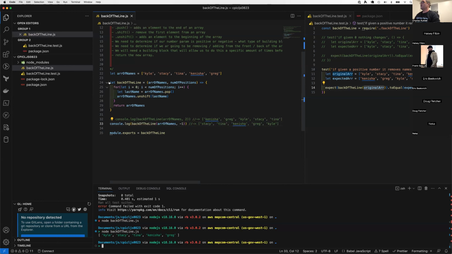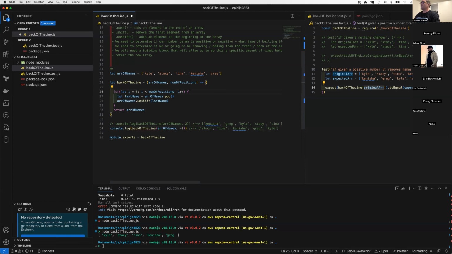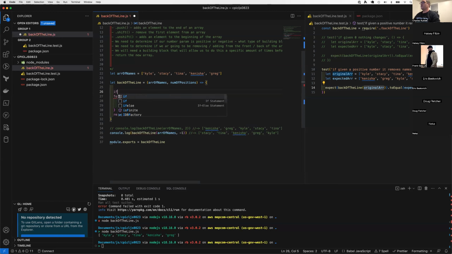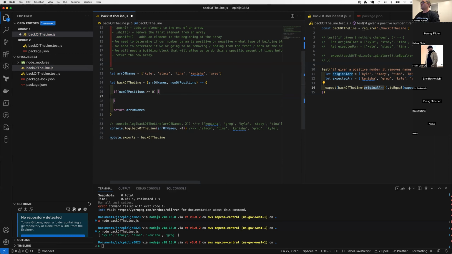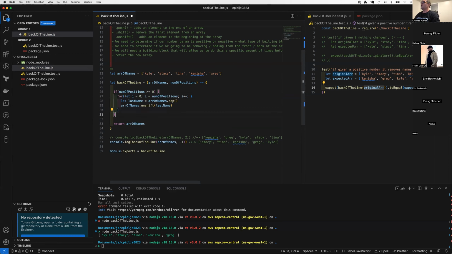So now we need to figure out what to do when we have a negative number, right? And so for that, the first thing that pops into my mind is I need a conditional operator, right? So I can say if num positions is greater than or equal to 0, do this for me. Right, and then else